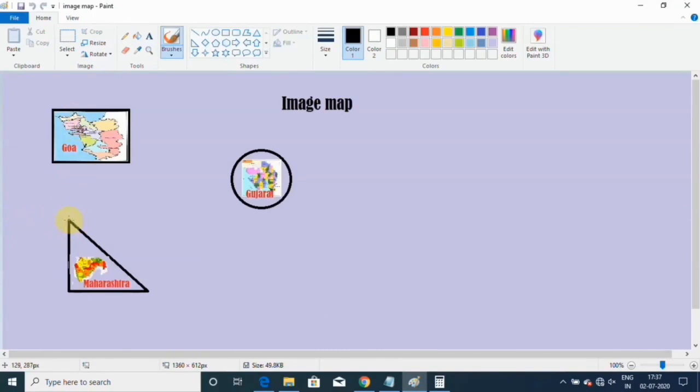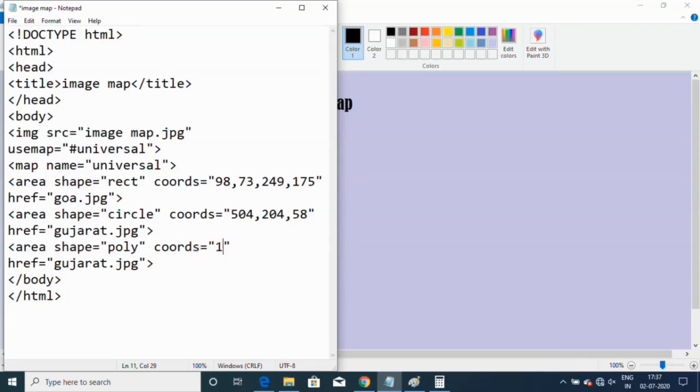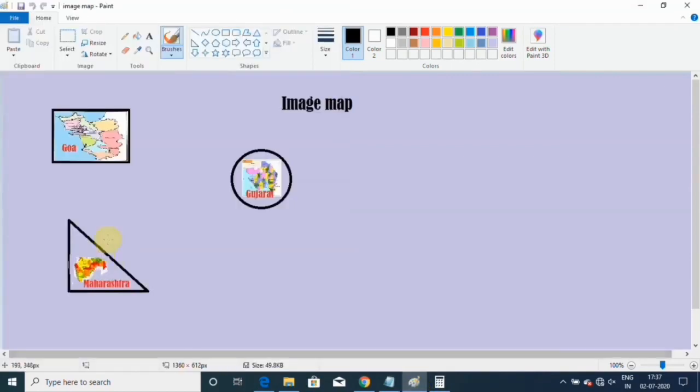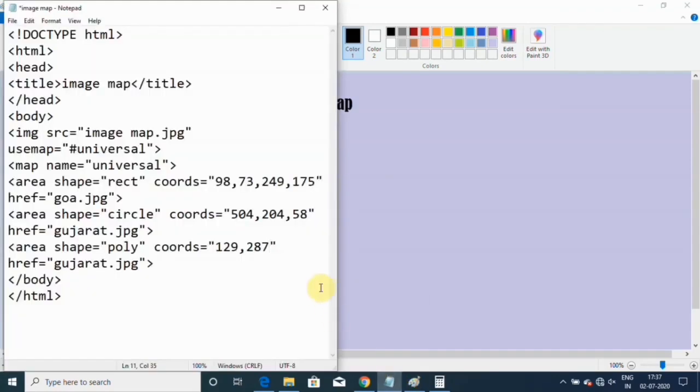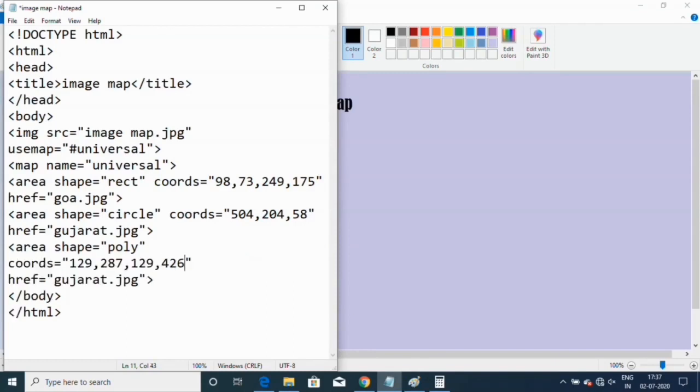In this corner you will get the coordinate 129, 87. Again go to Paint and mark the down corner over here. So these coords are 129, 426.